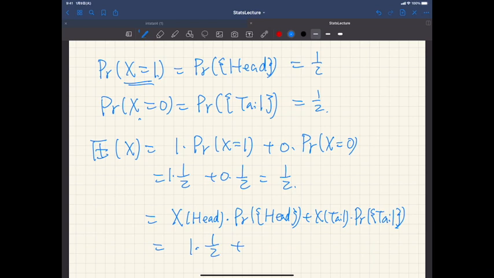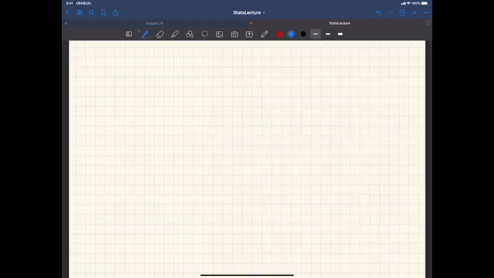1/2 by definition, and this is 0 by definition, and this is 1/2 by definition. In either case, we get the same results. All right. Now,